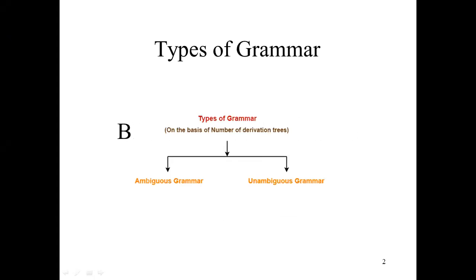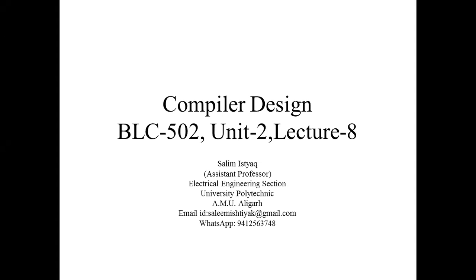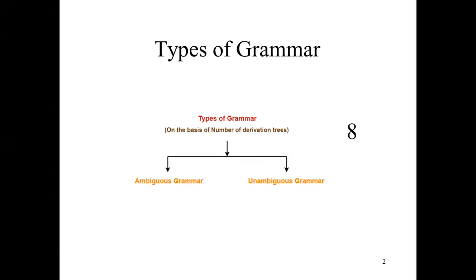So this is lecture number 8 in continuation of lecture 7 in unit 2. In this unit we will study about the types of grammar, because whenever we are going to design any compiler, then we always use some sort of grammar, whether we are writing a compiler for C or Java or any other. Then each compiler has